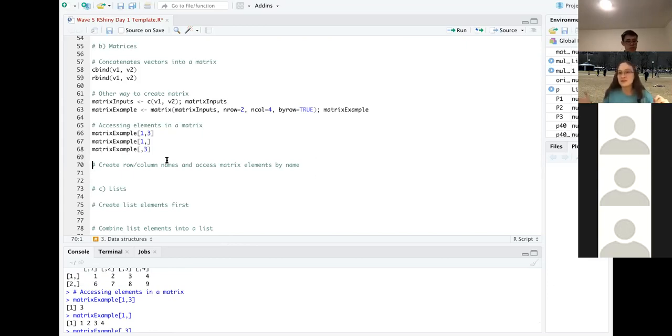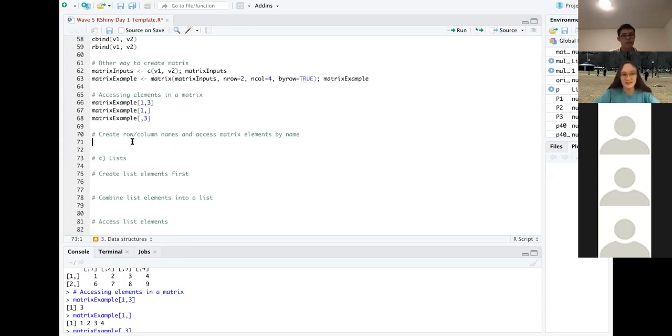That's how we access things in a matrix. And for those of you who have programmed in Python or Java or JavaScript, you might remember that we start indexing in those languages at 0, which means the first element is actually index 0. But in R, we start indexing at 1, which makes a lot more sense to normal people. Basically, what you see is what you get. So row 1 is the first row, row 3 is the third row. You don't have to offset anything. So that's one of the good things about R. It's much more intuitive in some ways.